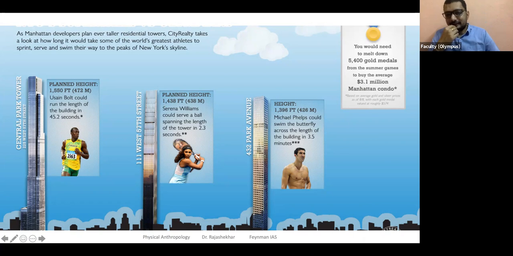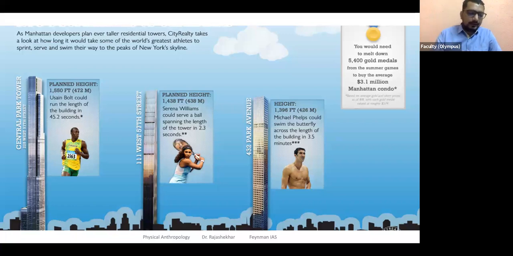So what do you notice here? These people have some sort of inherent capacity to reach a certain height. Where is the difference coming from? Is there something to do with their body type? Is there something to do with their body dynamics, or something to do with the training that they have gone through? Definitely, some of us have the ability to do something better than others. Where is that coming from? Can we address this or understand more about this using anthropological tools?